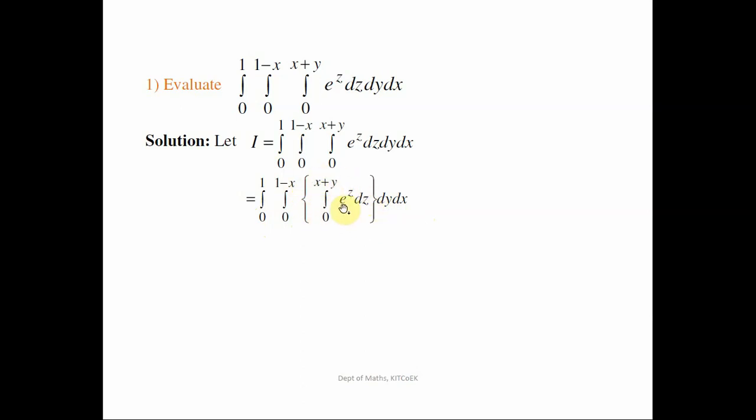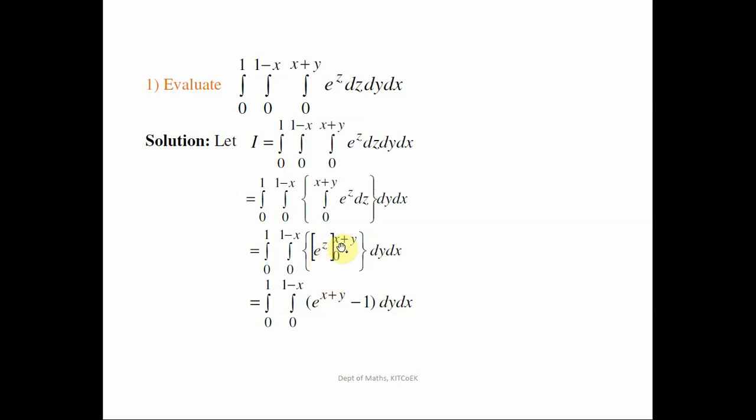Just try to evaluate it with respect to z. Now we know that the integration of e raised to z with respect to z is simply e raised to z. So the integration is e raised to z, with limits 0 to x plus y. Now put the limiting values: first put the value of the upper limit and then minus the value of the lower limit. As we have integrated with respect to z, put the limiting values for z, so that our next step will be